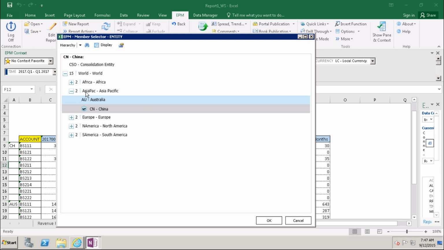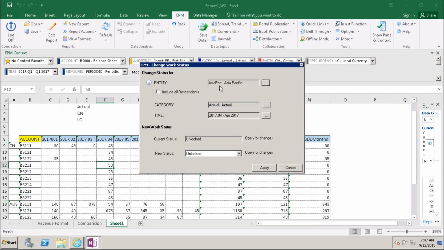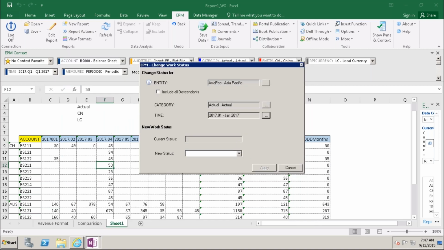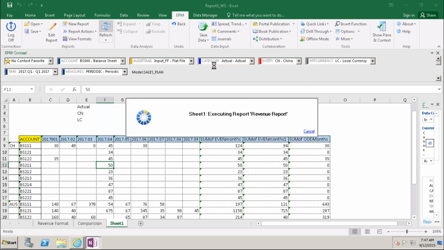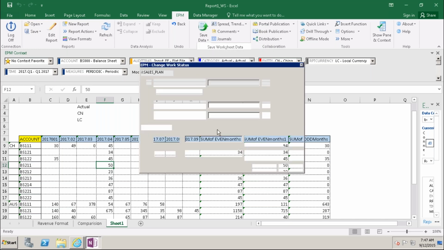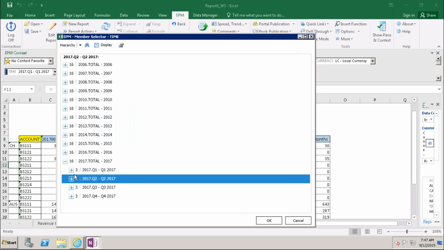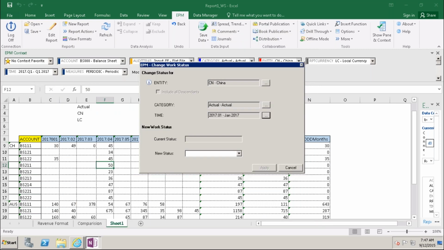Right? India level, and I mean Asia Pacific level, it is approved for 2017-01 month. It is not approved for this base level.